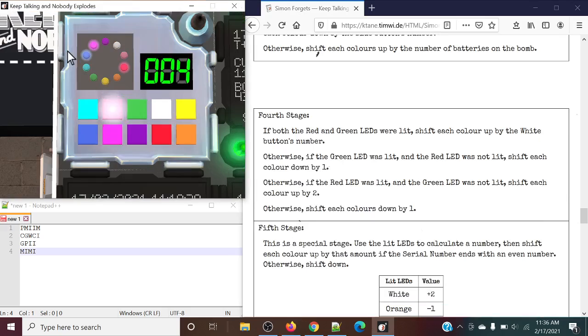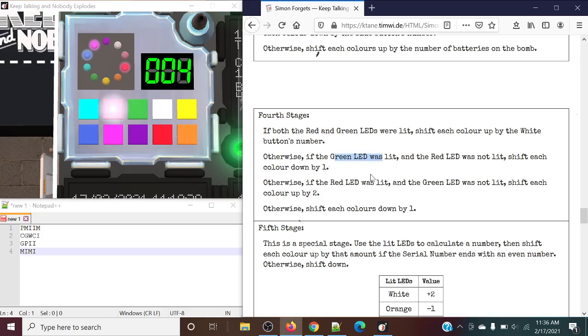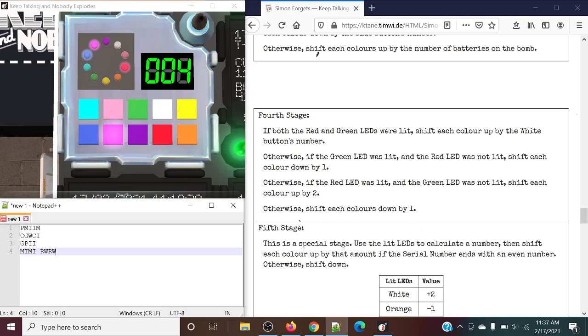And now let's take a look at our calculated sequence that we need to do. If both red and green LEDs were lit, red is lit but not green. If the green LED was lit, nope. If the red LED was lit, that is indeed true. And the green LED was not lit, shift each color up by 2. So up 2. So magenta up 2, 1, 2 is red. Pink up 2 is white. So red, white, red, white. So what we're going to end up doing is just re-inputting the sequence. Magenta, pink, end of sequence. Get rid of the stage sequence and input the calculated sequence. Next up,